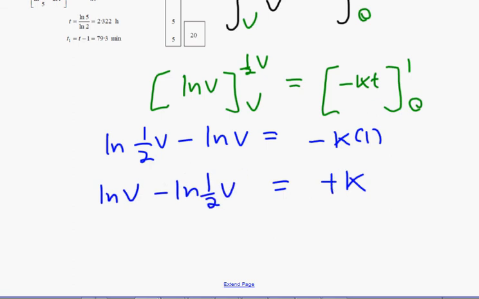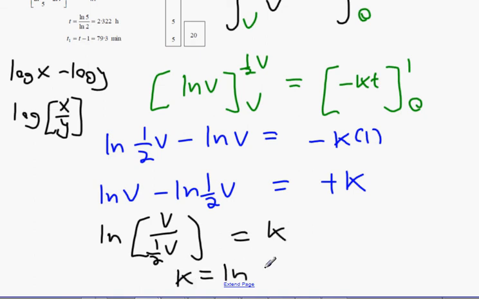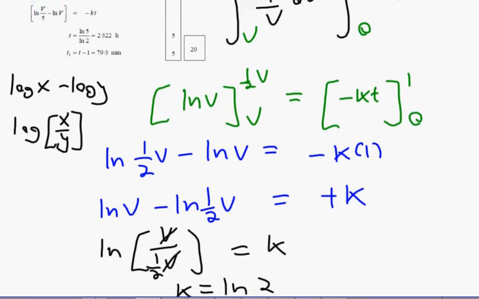Now the log rule, log x minus log y is log x over y. So what we get here is ln V over half V equals K, and that means K equals ln 2, because the V's will cancel and 1 divided by half is 2. Okay, so